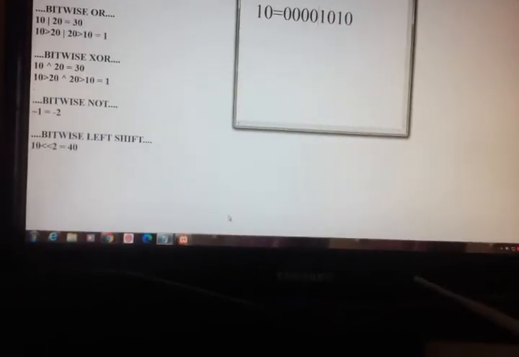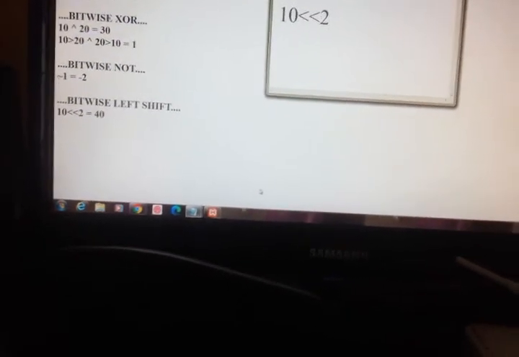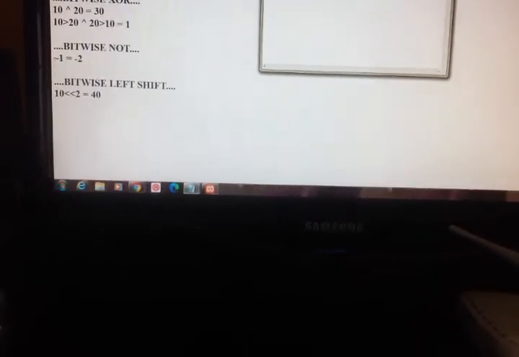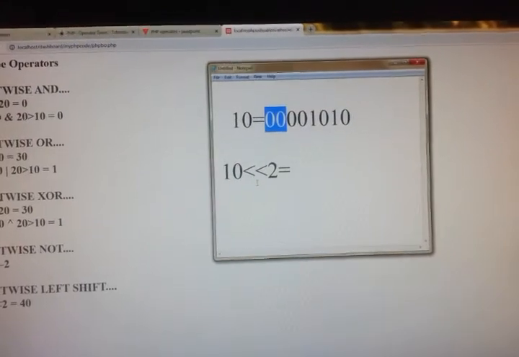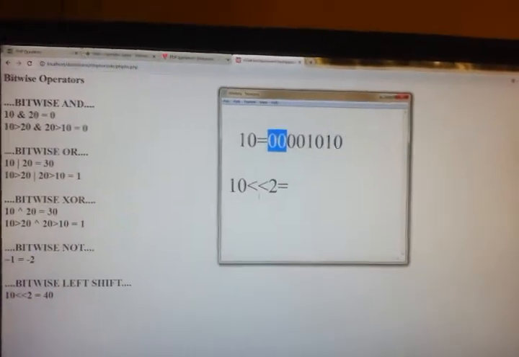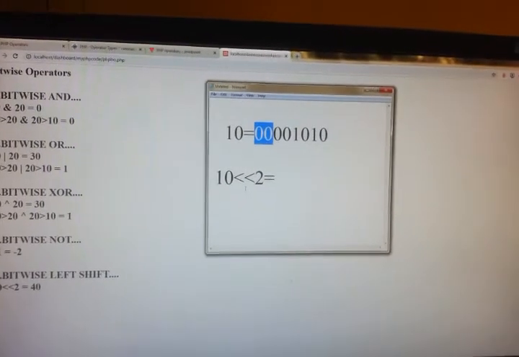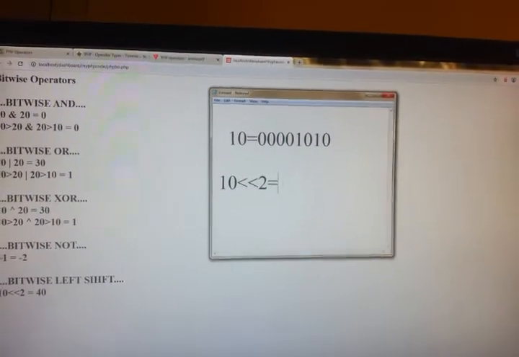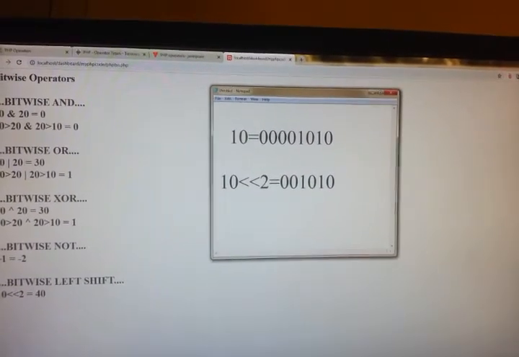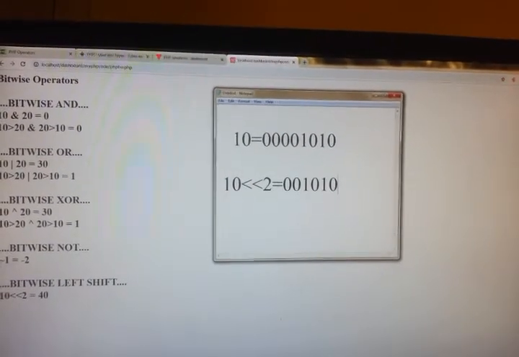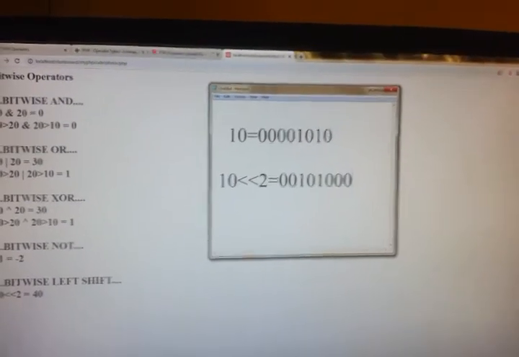So this is the representation of 10. When I am shifting 10 by 2 digits left, these 2 zeros will be moved to the left, and the leftover 0 0 1 0 1 0 will be left, and what we have to do at the end is add 2 zeros to make it 8.